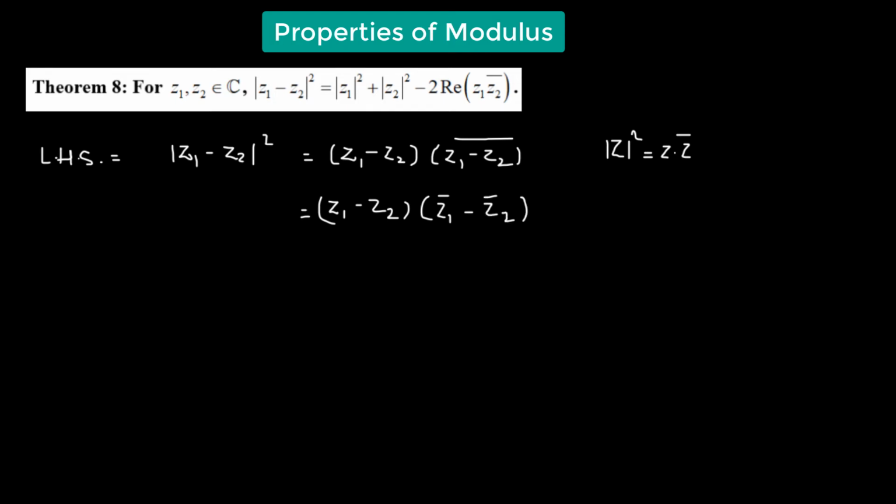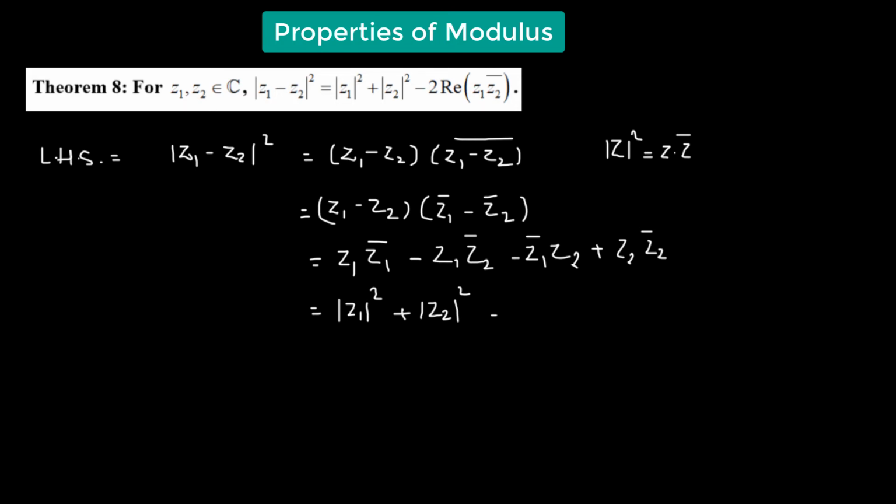So here we're applying the property of conjugates. That gives us z1 times z1 bar minus z1 times z2 bar minus z1 bar times z2 plus z2 times z2 bar, which is equal to mod of z1 squared plus mod of z2 squared minus, we can take minus 1 as the common factor, z1 times z2 bar plus z1 bar times z2, which is equal to mod z1 squared plus mod z2 squared minus